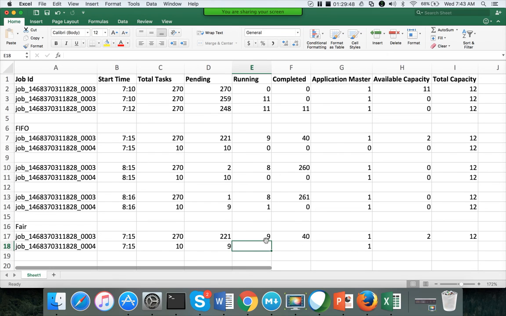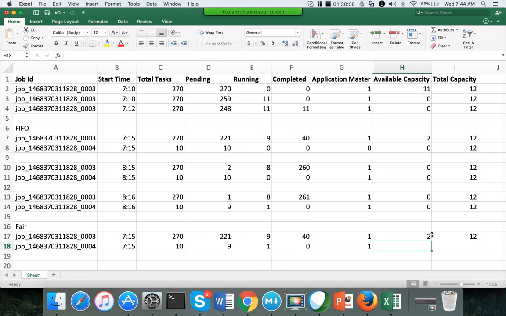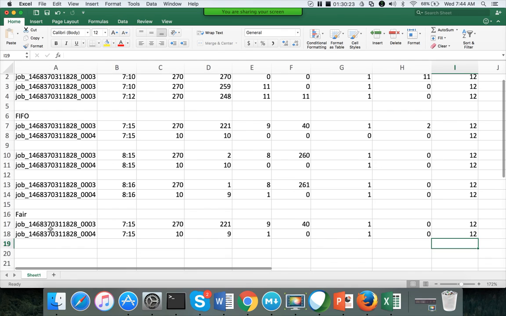The available capacity can be given to this one or this one, because both require the task to complete. So it can choose any one. So let's say it has chosen this one. It will not wait until all the tasks for job 3 are completed, and completed will be 0 here. So this is the possible scenario when it comes to phase scheduler. Now once the tasks are allocated like this, the available capacity will become 0, total capacity will remain the same. Okay, now at 7:16,